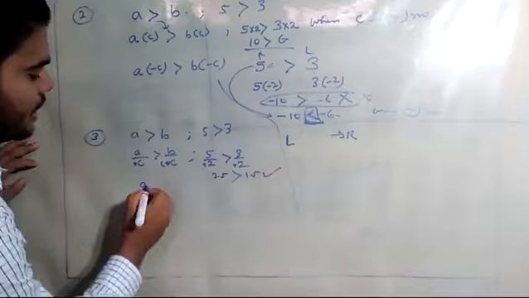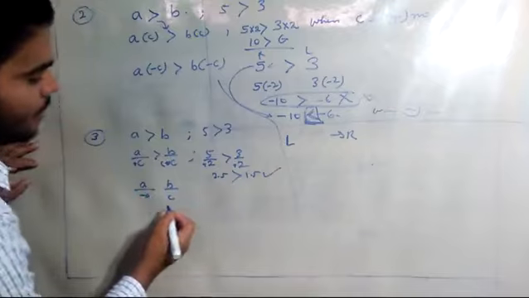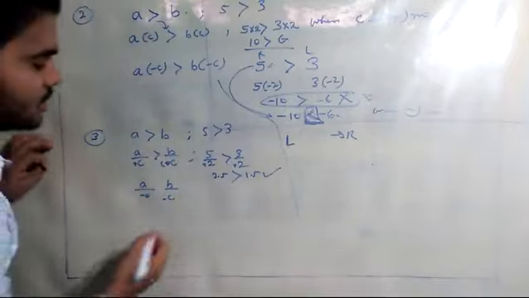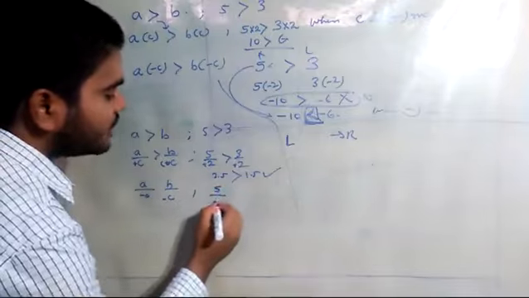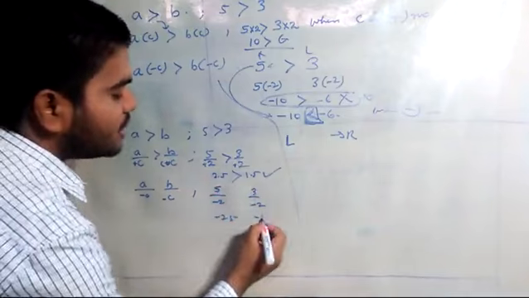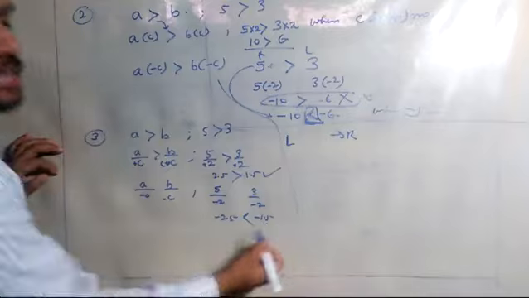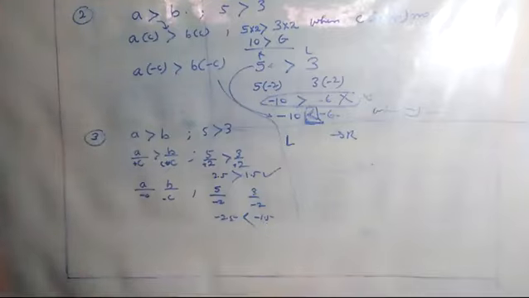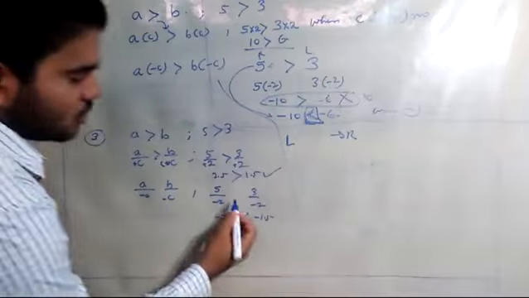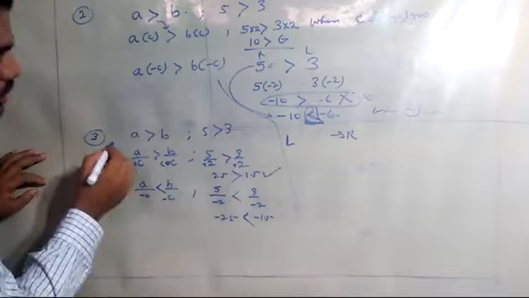Now if I have A divided by minus C, B divided by minus C, what is going to happen? Let us see here. 5 divided by minus 2, 3 divided by minus 2. Here minus 2.5, minus 1.5. Which number is greater? Obviously minus 1.5 will be greater than minus 2.5. It is lying on the right hand side of minus 2.5. So this is the miracle that is going to happen, that you are going to see here.